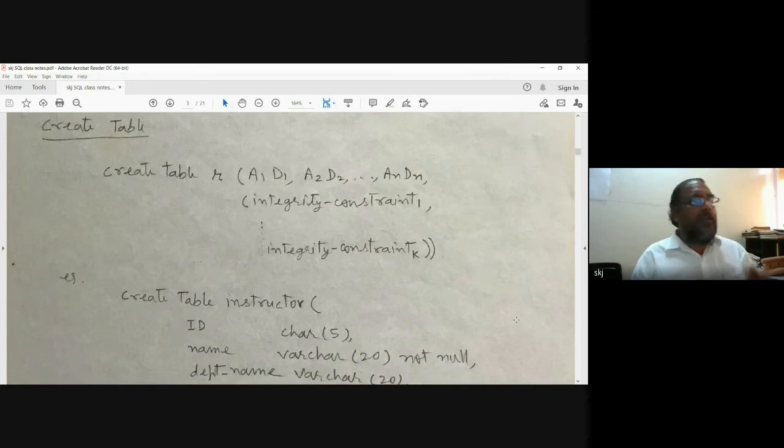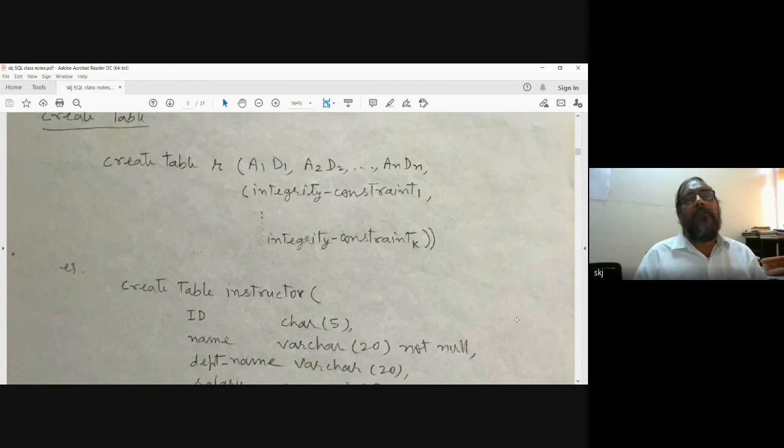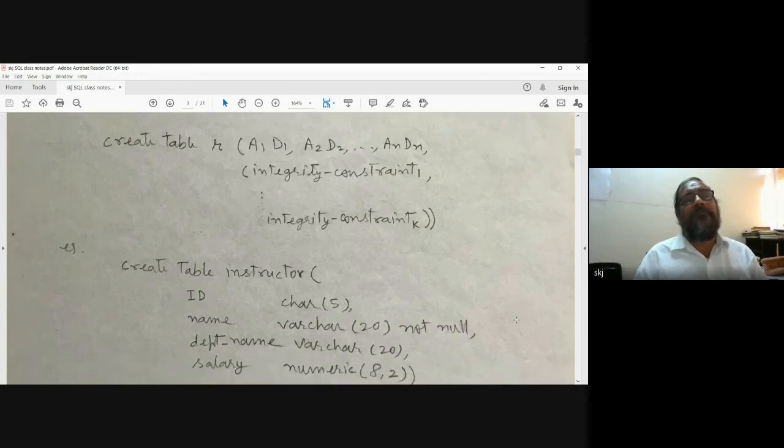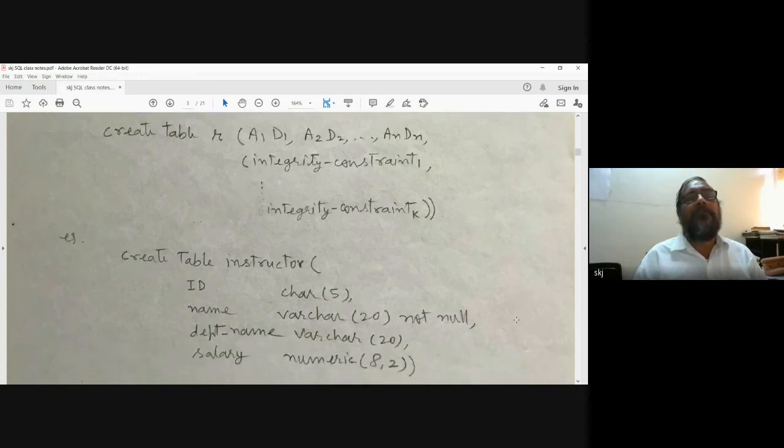So what is the syntax, the syntactic rule, and how do we use it? We write it like this: create table, and here R is the table name.